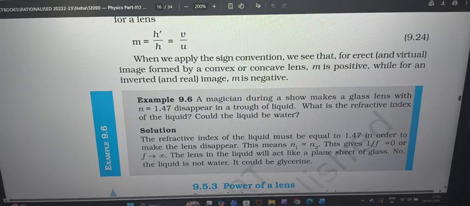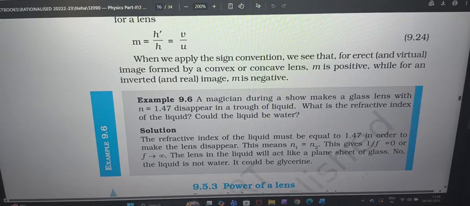Now generally, if it is disappearing, meaning the image is not being formed, the light is not bending. Like we studied in light, when the refractive index of the second medium is more, light will bend towards the normal and the image will be formed somewhere there, at the apparent position we are able to see. Or if the refractive index of the second medium is less compared to the first medium, it will move away from the normal, then the image will form somewhere else, at the apparent position where it appears to be, and we are able to see the image.